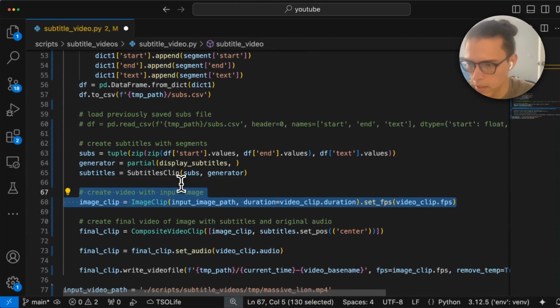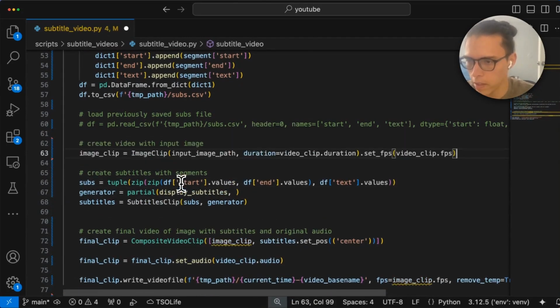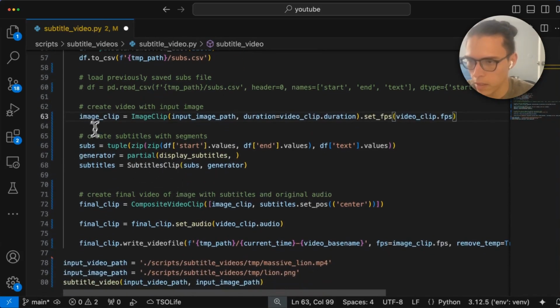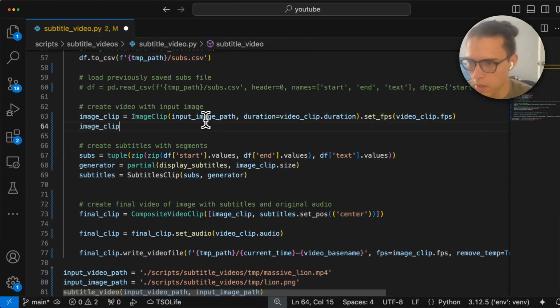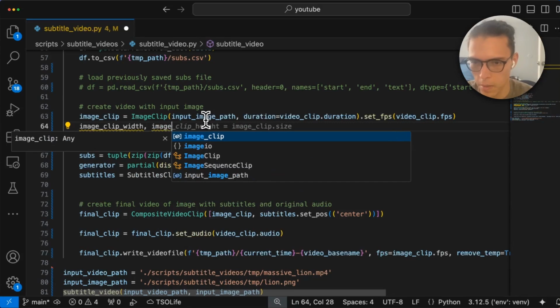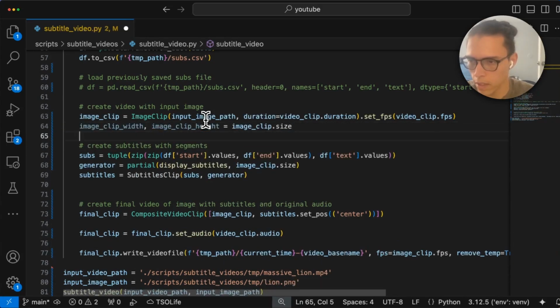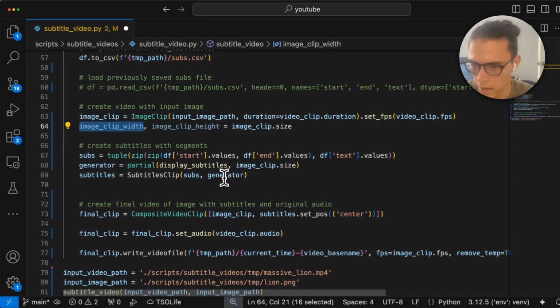So I'll just move this up here, create video with image. So this is the image clip, and then I will just do image clip dot size. Actually, I don't want to pass in the size. I want to pass in image clip width, and let me shorten it. Actually, it's going to do it for me. I'm okay with that. Image clip width, image clip height. There we go. Yep, that's correct. So now I can just pass in here